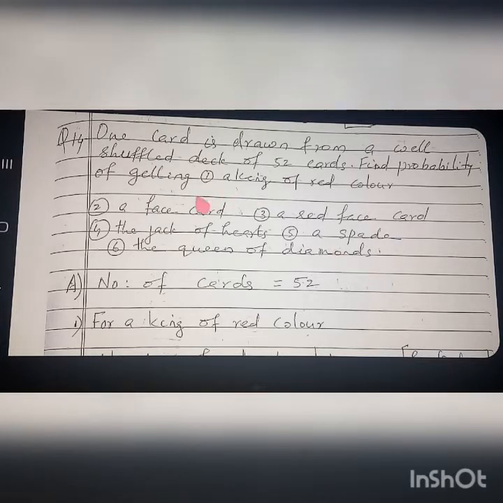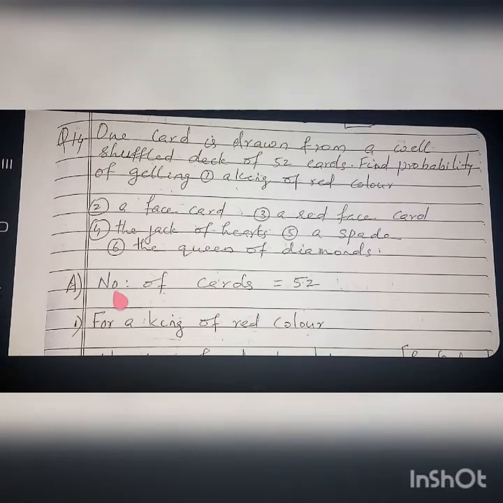So, total how many questions are there here? 6 questions are there. So, first of all, you want to know about the cards, all the details. Once more, recollect the terms. How many cards are there? Spade is there, then hearts, then diamond, then clubs. Each one, how many cards are there? 13 cards. And how many face cards are in each? 3 face cards in each. Which are they? King, queen and jack. And each suit has 1 ace card. Clear now? These all details I gave in the previous video.